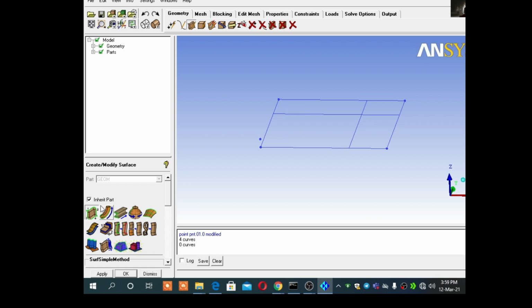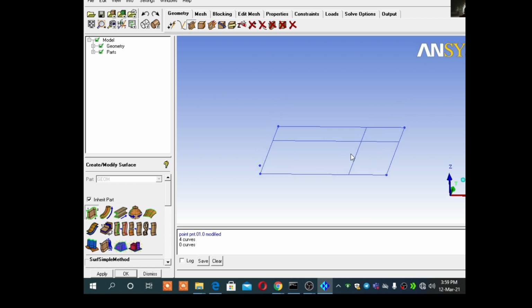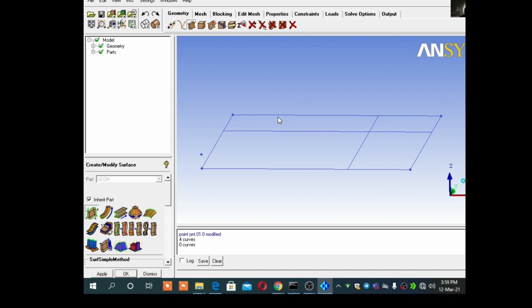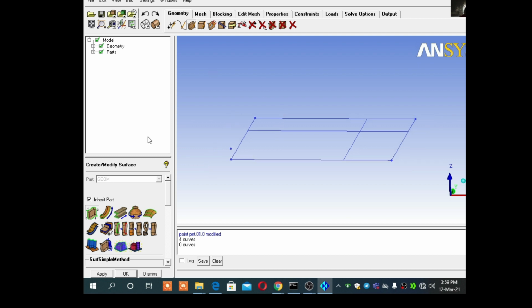This drawing or design we are doing in ICEM CFD, which is known as thermal management software, or you can say the software used to find out how we can cool the heat sink. Particularly, this ICEM CFD is only used for drawing purposes.